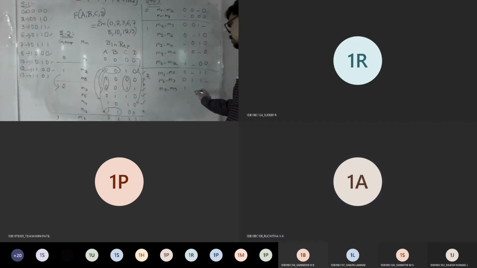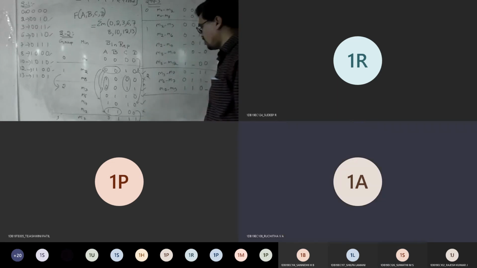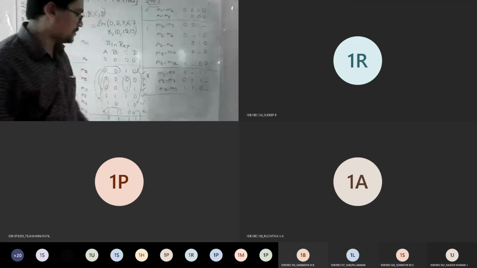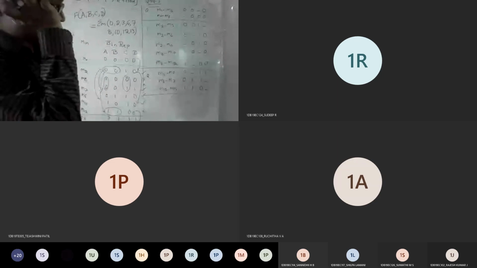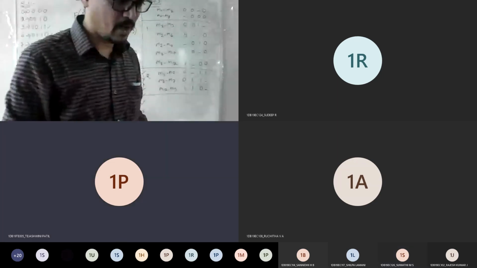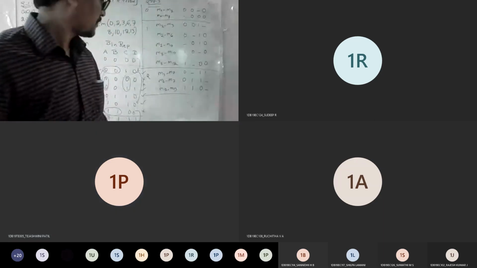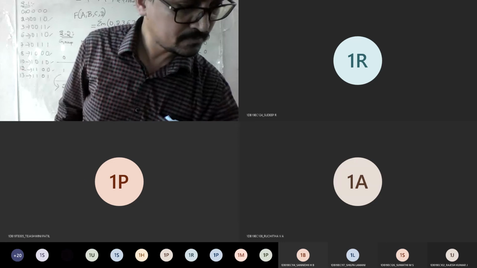1 1 dash. 0 dash. Dash 0 1, 0 dash. 0 1 dash. Yeah, this 2. So this 2 is what it is. That's all. All possibilities are over, sir. So what I told, wherever the possibilities are there, do the tick mark. So we finish step number 3. So now from this step, can you plot the next one? Yes, sir. I hope everyone understood the way to solve the problem now.